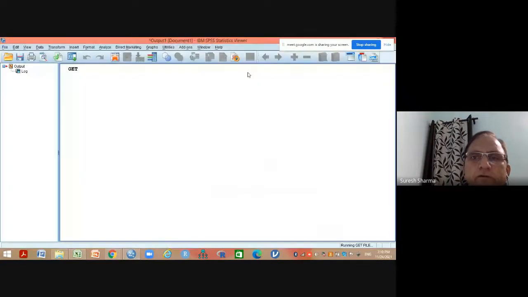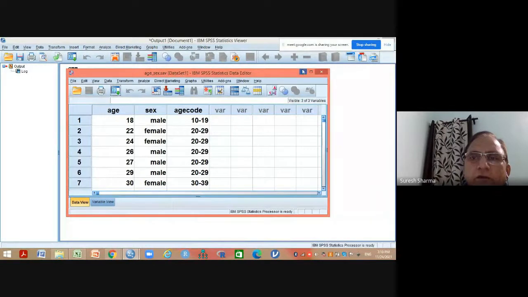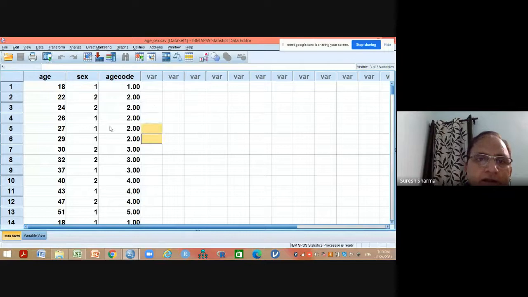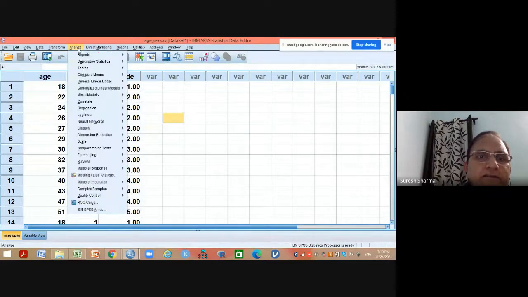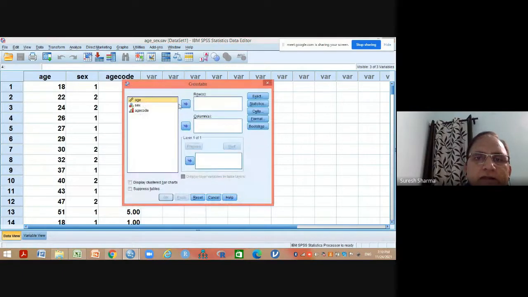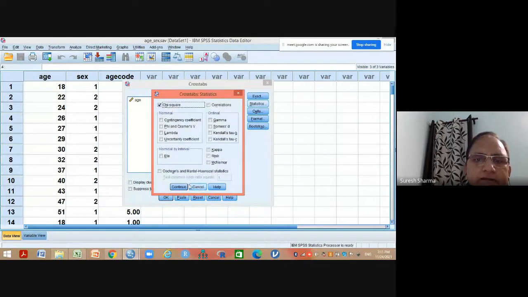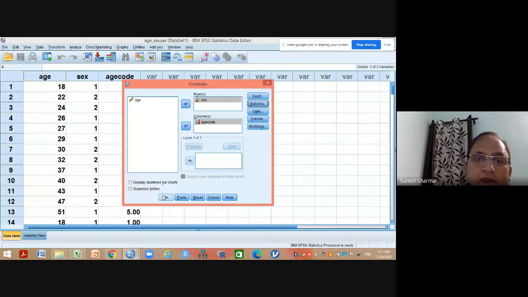Open. So if you make the categories, now categories will involve counting. I want to see whether the distribution of male and female is the same in all the age categories or not. So I can apply chi-square. These are all categorical data. There are 6 categories of male and female. So go for analysis, go for cross tab, let's say gender on rows, age code on columns, and then apply chi-square and get the result, whether the distribution of male and female is the same in all the age categories or not.